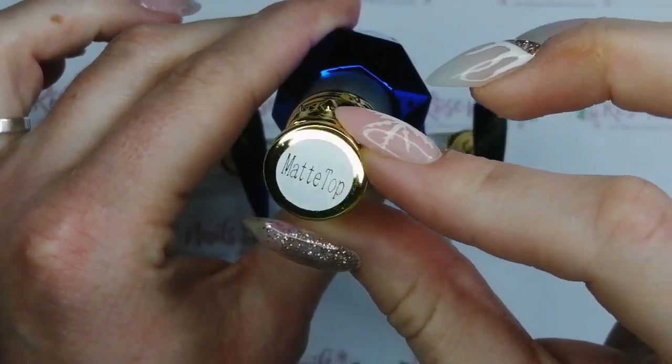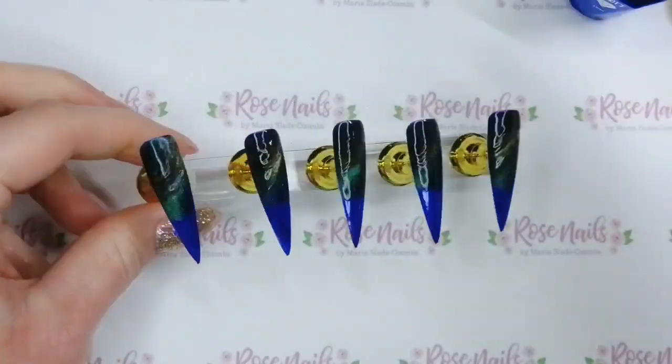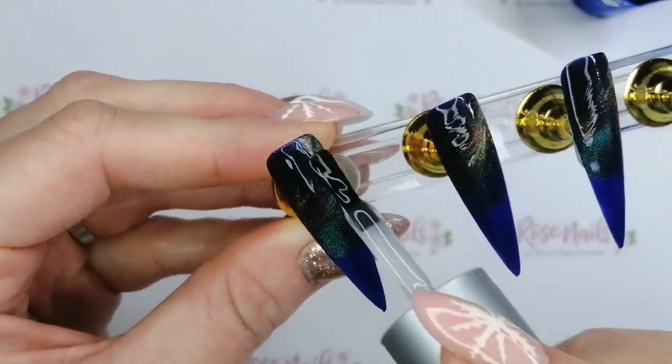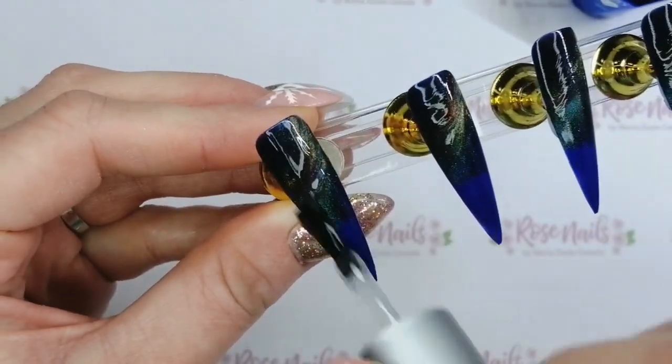Oh! I messed up. I nearly saw then. I messed up. Okay, so don't do that. Don't do that at all. Matte top coat them all first, and then do that step that I just said. I was halfway through doing it and then I was like, oh my god, I didn't top coat them